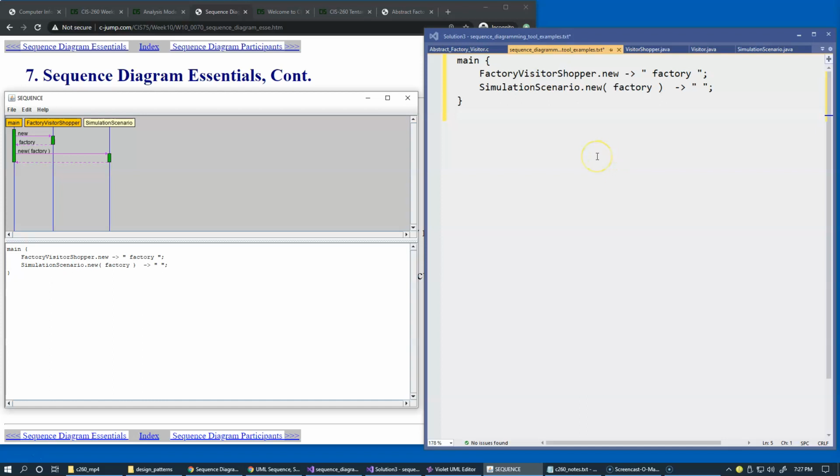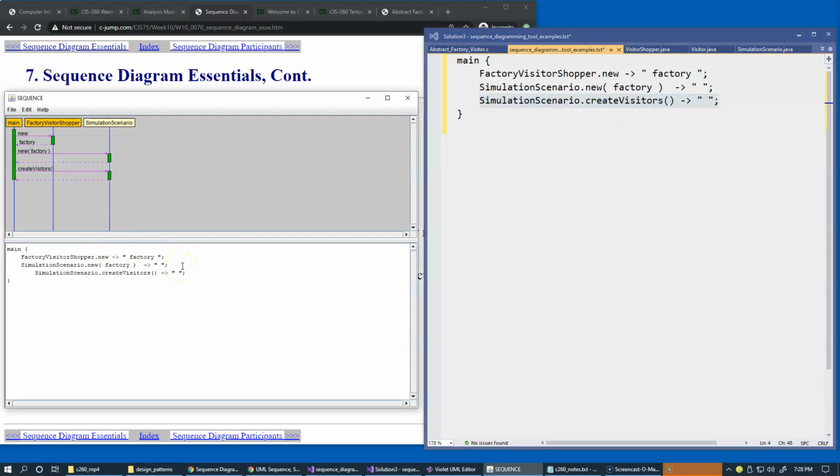So we want to show that our main function calls this method. We can do it like this, and once again I immediately add a blank return display instead of void, which is shown as the default in the diagramming tool. So here we just have this method call like this,